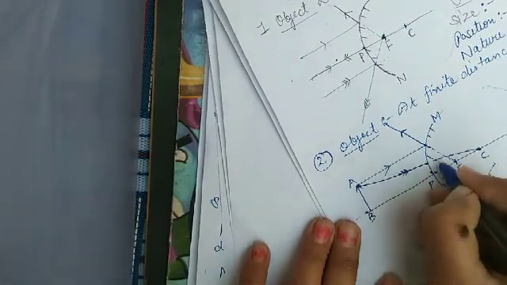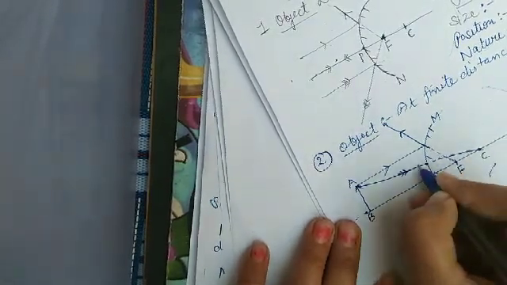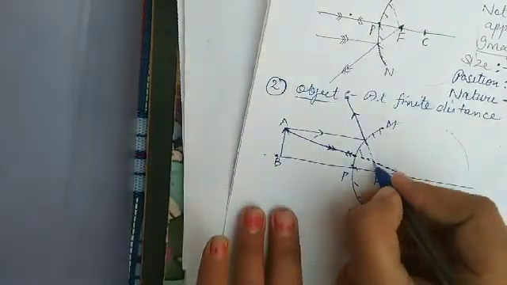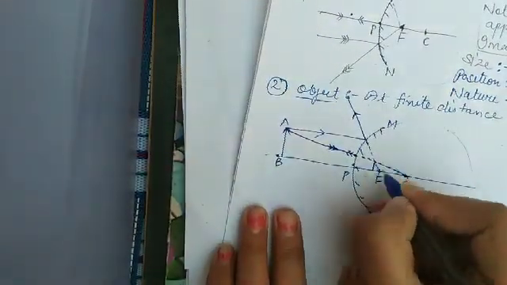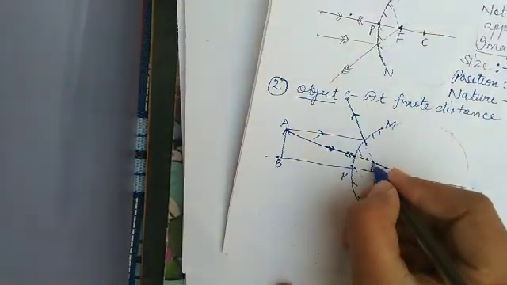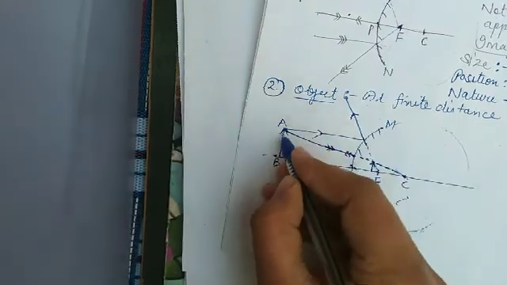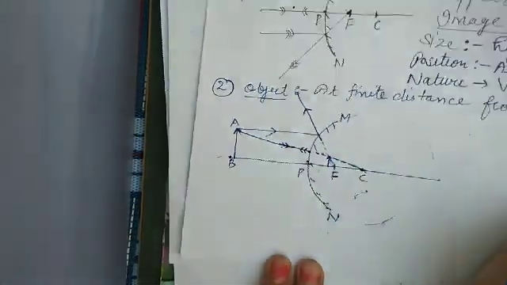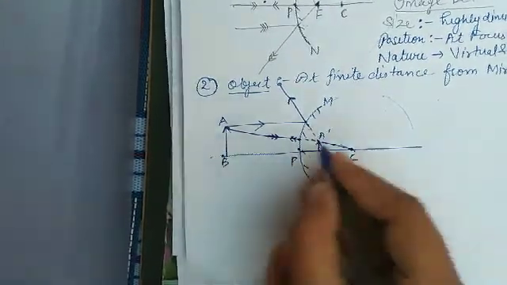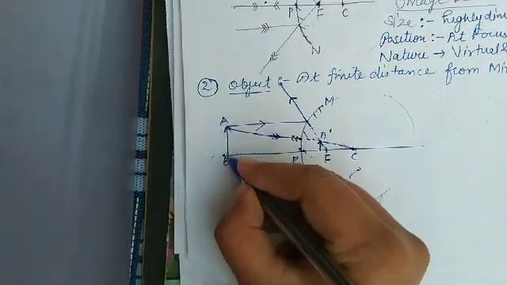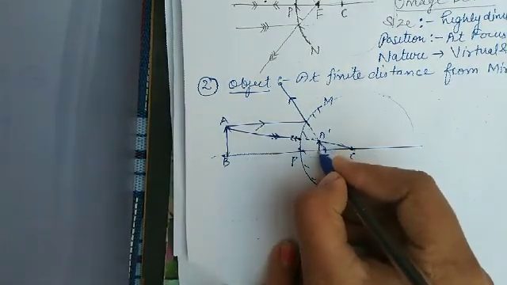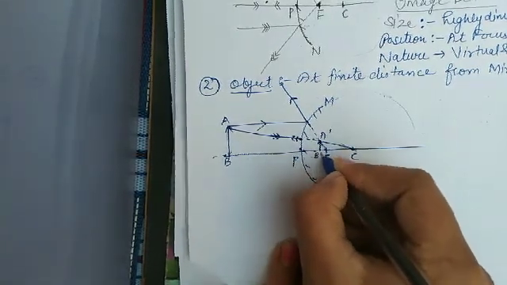It appears to be going towards the center of curvature, it means it will retrace its path. These two rays are meeting at a point. एक पॉइंट पर वो क्या कर रहे हैं, मीट कर रहे हैं, और जहां पर वो मीट कर रहे हैं, the rays were starting from point A, so it will be A dash, and a point normal to principal axis from A is B, so a point normal to principal axis from A dash will be B dash.